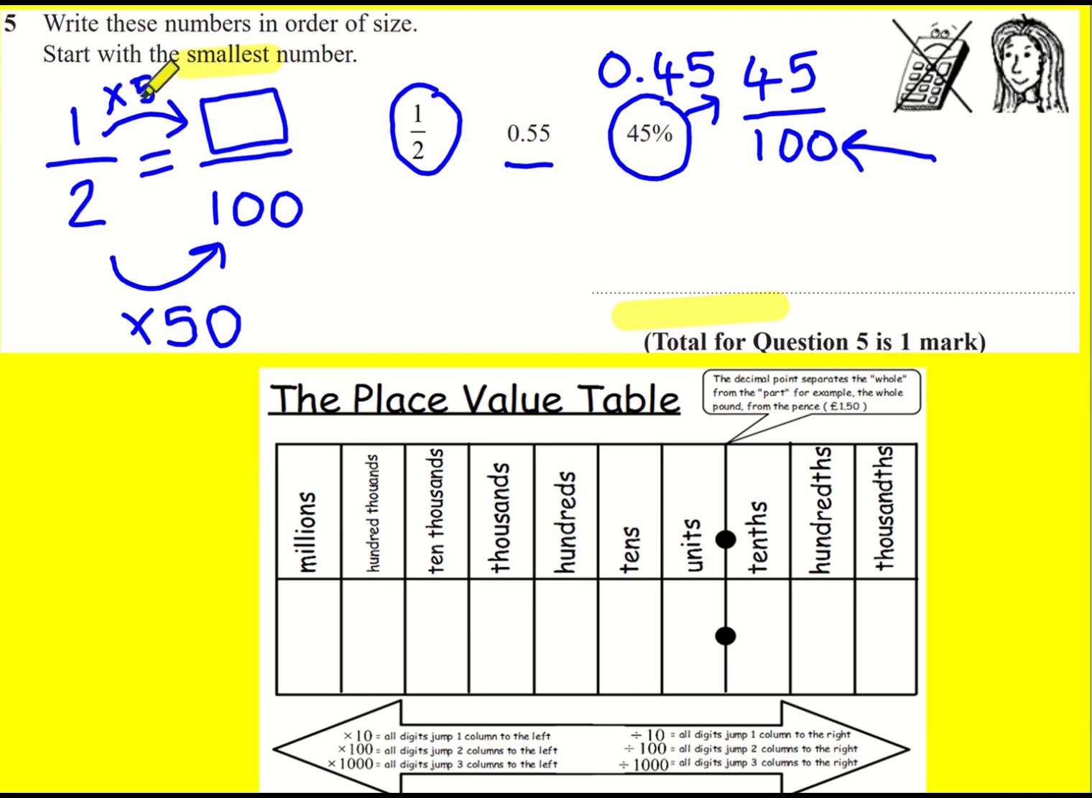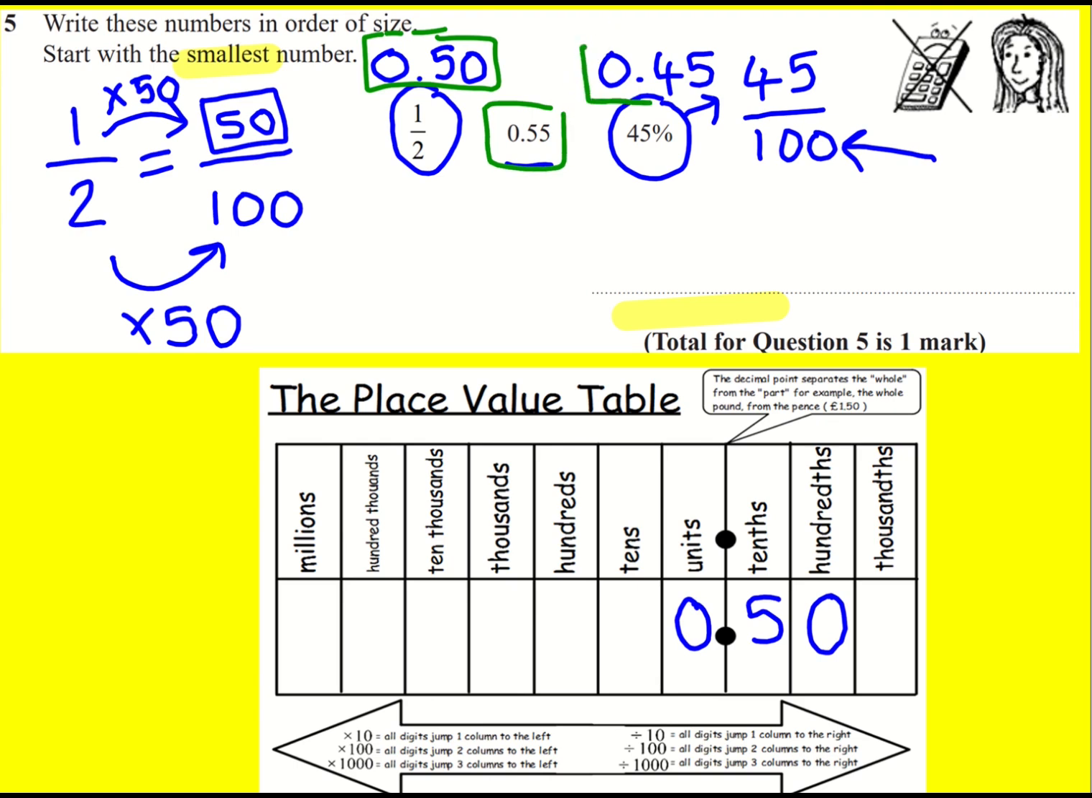So if I times this by 50, 1 lot of 50 is 50. So that is 50 hundredths. And if I put that in my place value table, 50 hundredths sits like that. 0.50. So we've got 0.50, 0.55 and 0.45. And this is the reason why I like to put them in decimals, because you can think about it